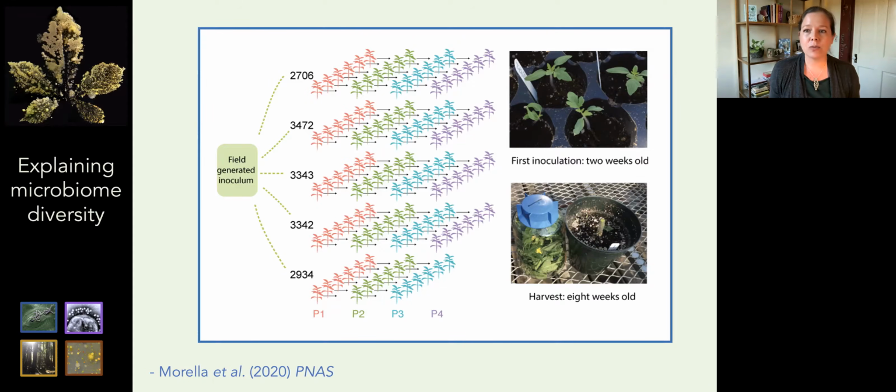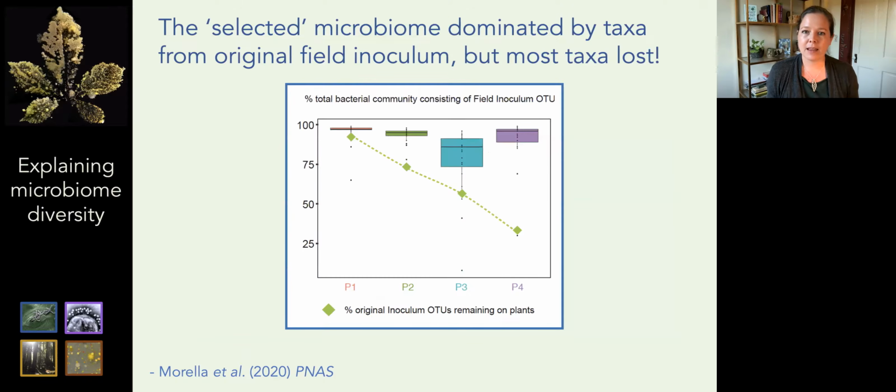And then at the end, we sequenced all passages. So we sequenced what the communities looked like at each point in time, as well as used droplet digital PCR to measure overall abundance of the communities. So the first question we had is, did we succeed in selecting on the microbiome? And how do we even know if we selected? And so I'm going to show you 2 pieces of evidence to how we convinced ourselves that we had indeed selected on this microbiome.